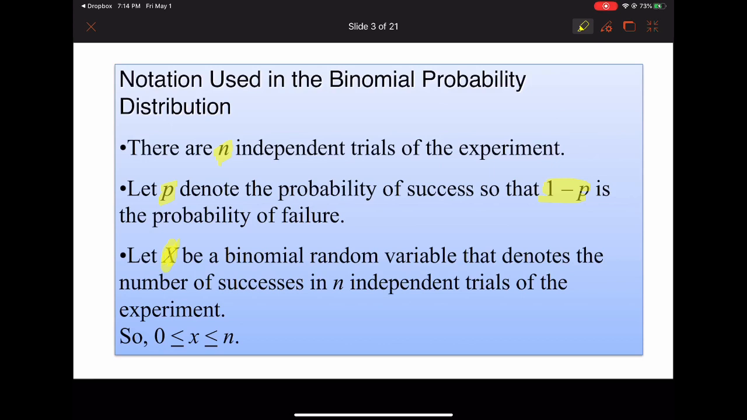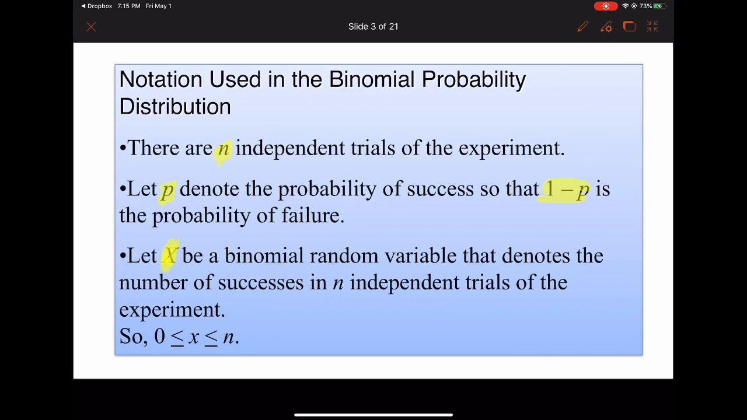Basically, X is the number of successes, and our number of successes has to be between 0 and the number of trials. So if I drew a card at random out of each of 4 different decks, and the probability it's a queen